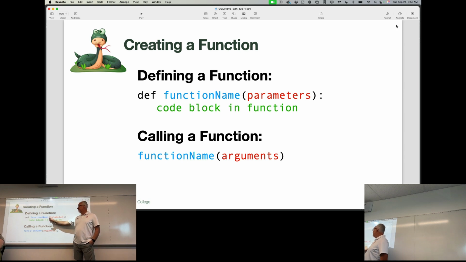If not, we still include the parentheses. Those are not optional. They're not optional when you call the function or when you define the function. Always include the parentheses, always include the colon, and then obviously whatever code is inside that function or part of that function is all indented in one block, just like we've been doing with if, just like we've been doing